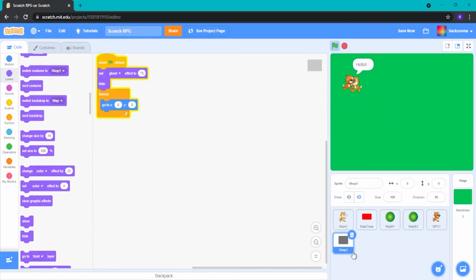Alright, so it's not gonna open. We make it show, as you can see it showed there. Okay, so we just move away here. Alright, so now that ghost effect is 75, we can clearly see through it, which is exactly what we want. Then what we want to do